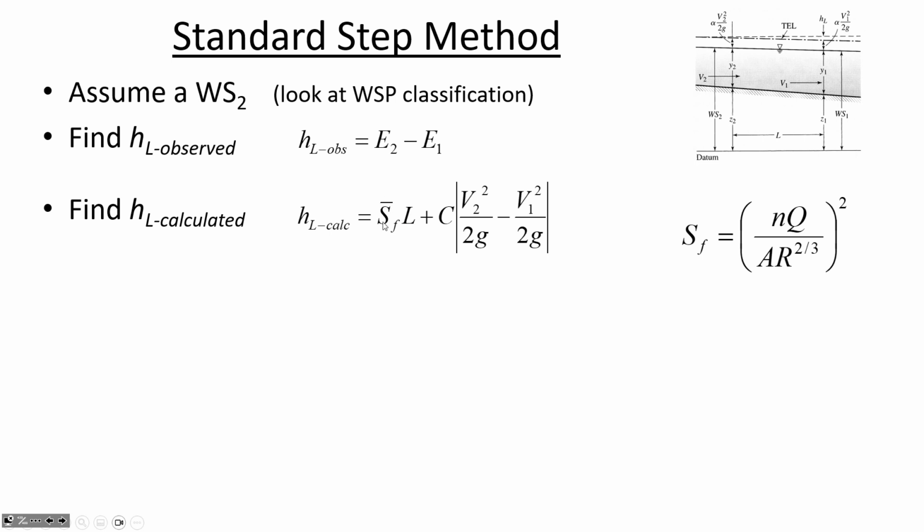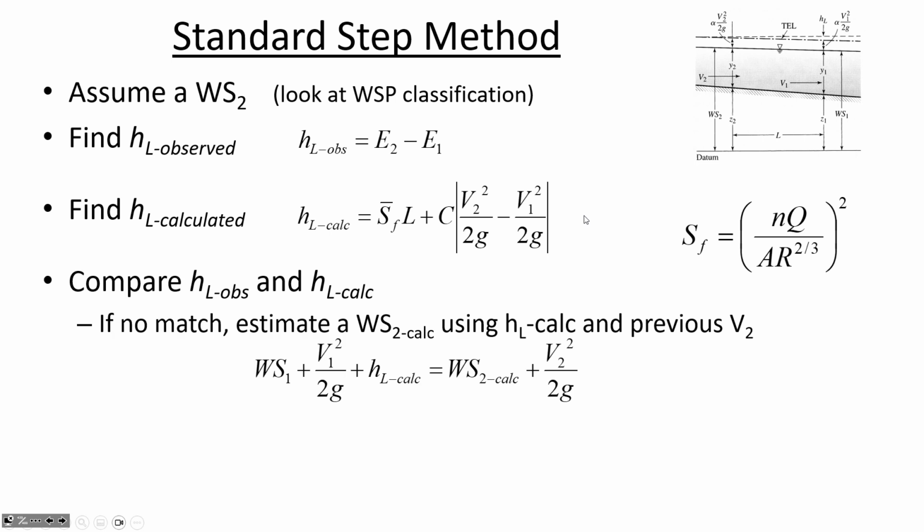So S bar of F, that's saying at the midpoint between 1 and 2, what's the slope of the energy grade line? And we rearrange Manning's equation to find the slope of the energy grade line. So this is just Manning's equation. We've seen this before, solving for S. So the midpoint energy grade line slope multiplied by the length between two sections plus a C value times the difference in velocity heads. That'll give us the calculated head loss,